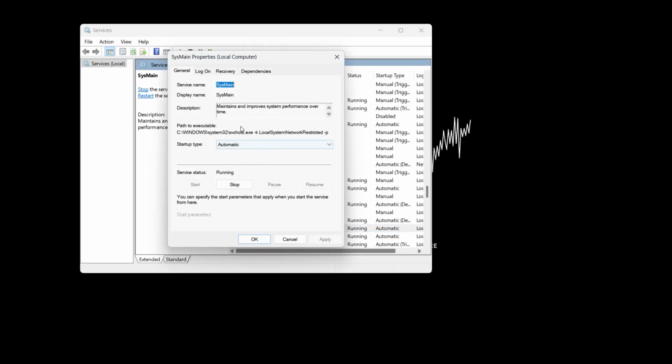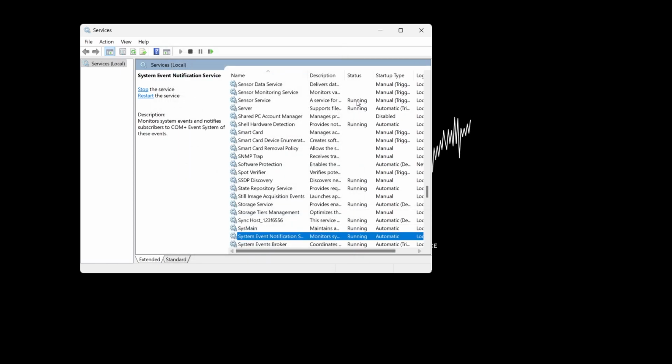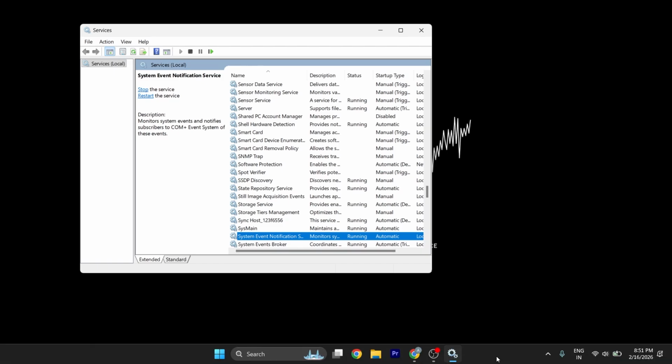Under here you simply need to restart this process. So either stop the process or hit the option of Disable, hit Apply and OK. Now again come back to it and hit the option of Automatic. Once you do it, you'll notice that the disk usage that has been going to 100% will